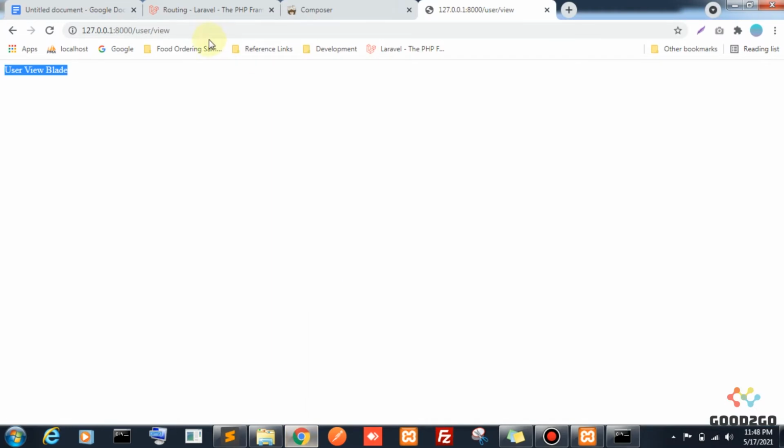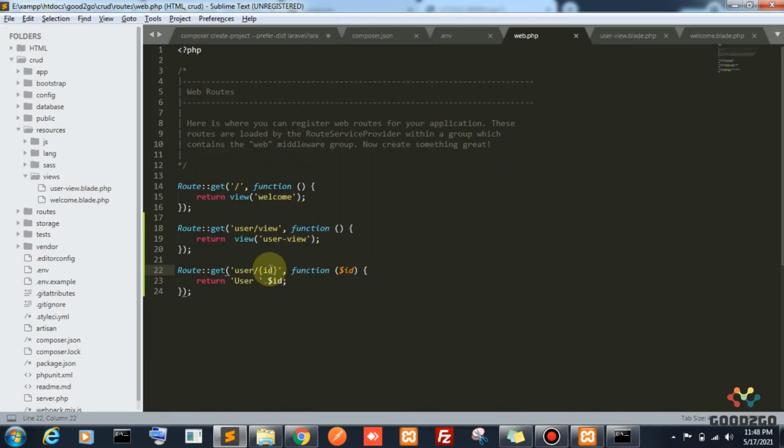Okay, now I'm going to change this user slash view to user slash 1. This is the ID. See, I am passing the second parameter as optional. The second parameter ID is passed into the function, then it is shown concatenated with user slash, which means user slash 1.